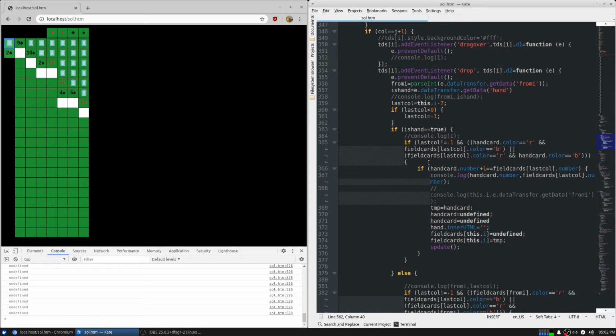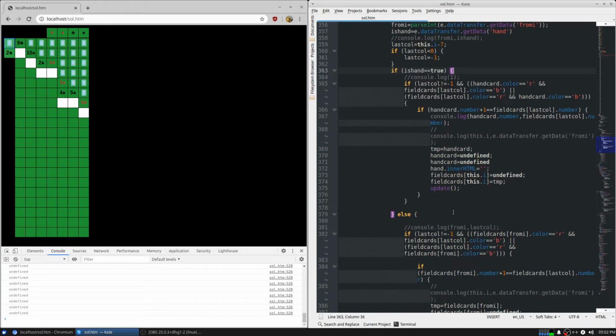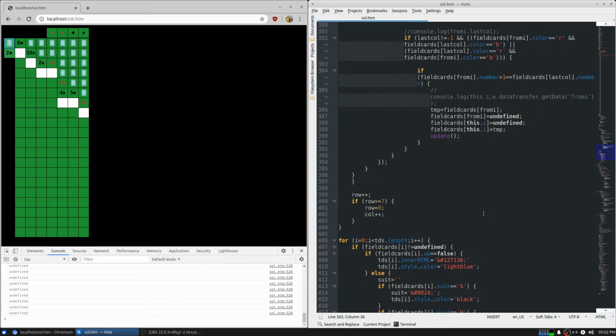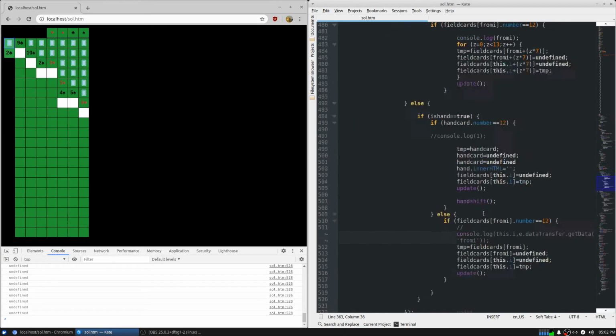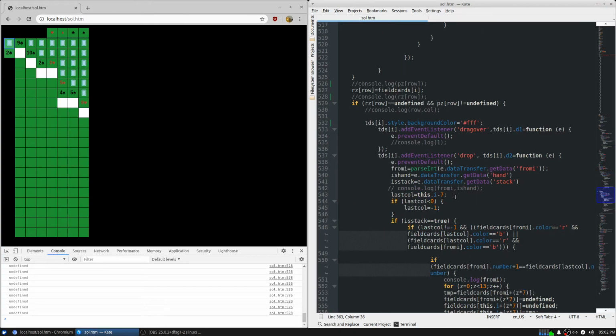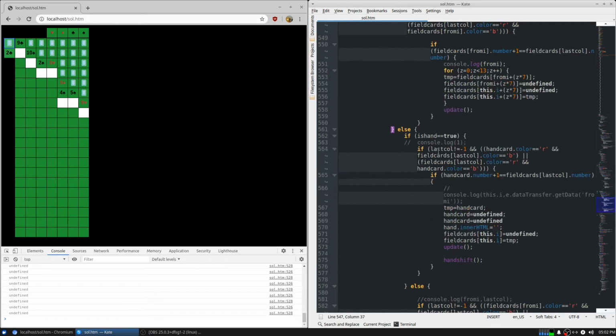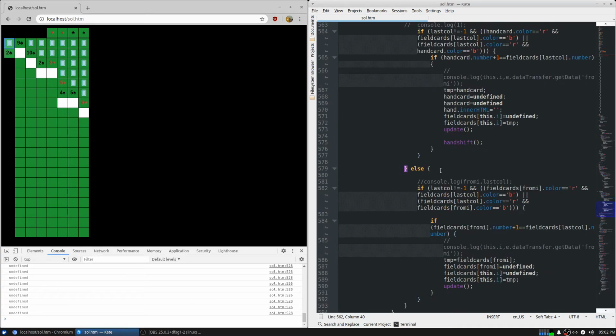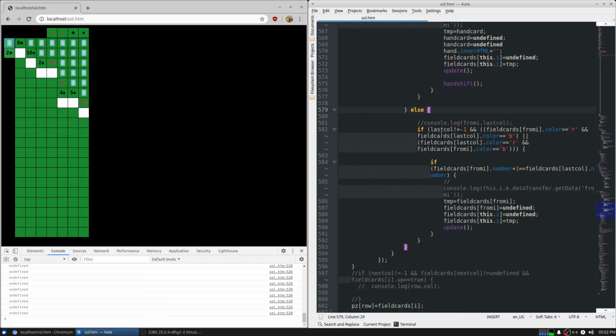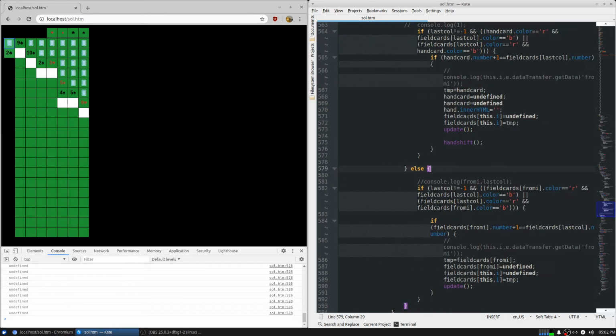A lot of that same stuff, only it's possible to move a stack in addition to a card from the hand or a card from the field. And okay, so there's the stack, there's the hand, and then if you're moving it just from a place on the field. And the hand shifts and updates